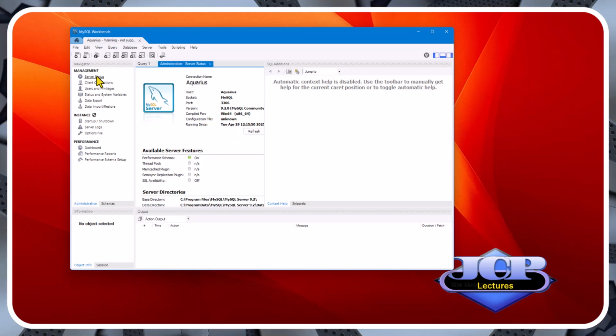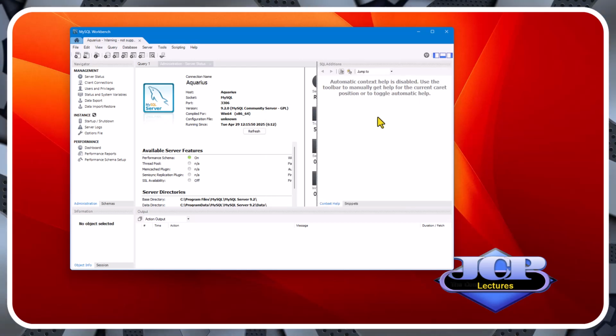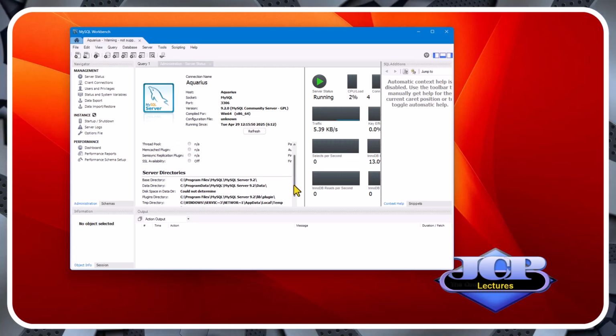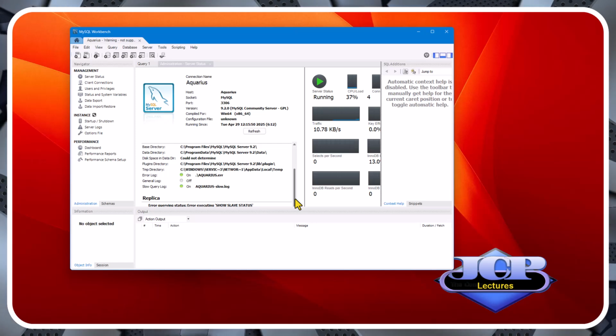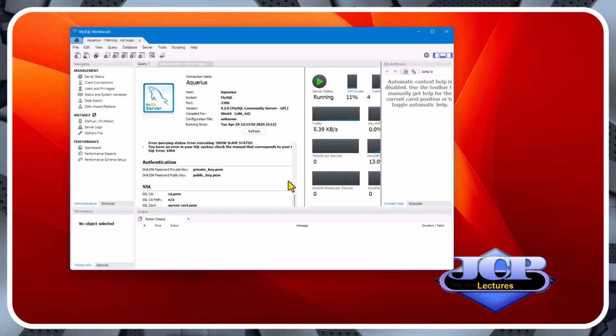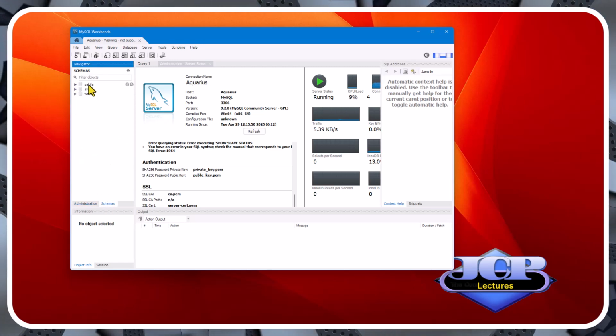In Administration, we can check the status, connections, users, and how to export and import data. In Schemas, we can see all existent databases available to use.